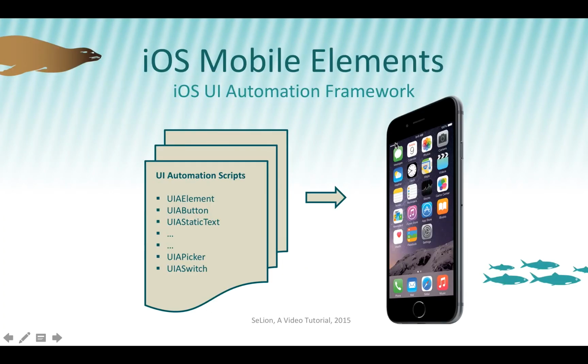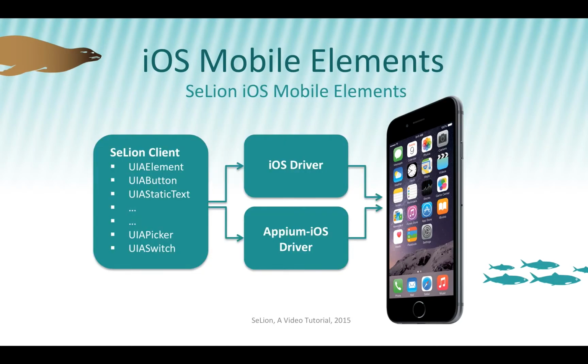CLine provides mobile elements. So in case of an iOS app, developers use the iOS UI automation framework to interact with the app and also to test it. In doing so, there are specific element names such as UIA element, UIA button, and UIA picker, switch, etc. So what CLine does is it uses these names as it is, and it will interact with the driver of choice specified by the user and drive the UI